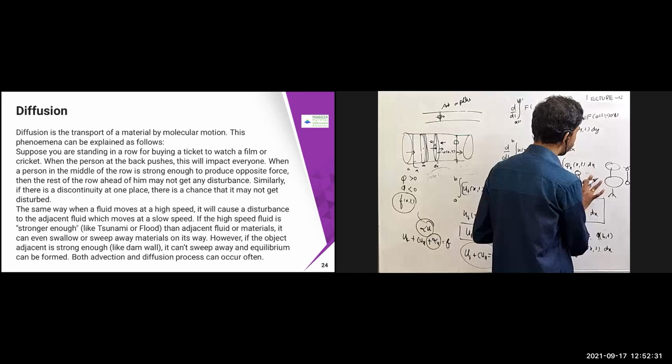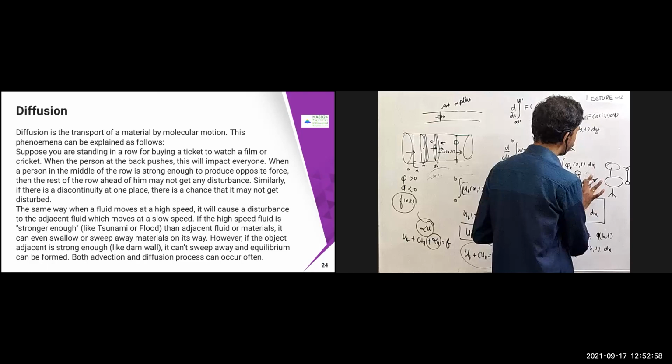If we have Vx greater than 0, then the density increases from left to right. Therefore, the flow should be right to left, that is, a negative sign is going to come. Now if Vx is less than 0, the density decreases from right to left. That means the total quantity is going to become positive.